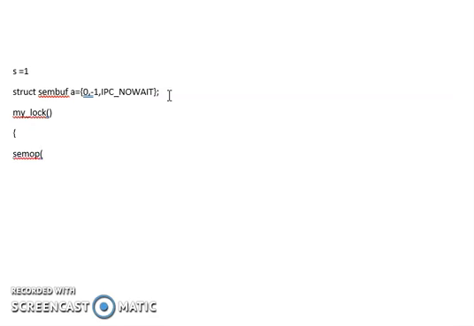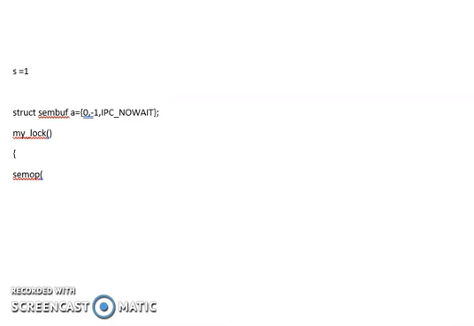Let me even write the creation of the semaphore. A long integer number. I wanted to have only one semaphore. Similarly, it's a public key, and I want to create it or access it if it is already existing.